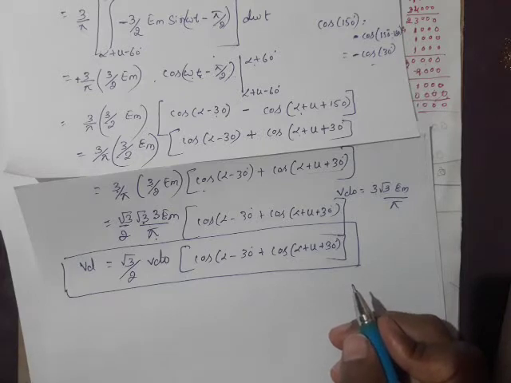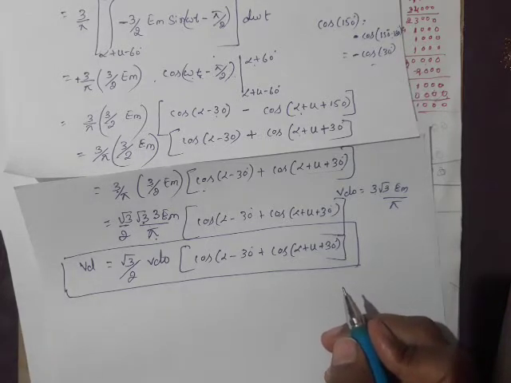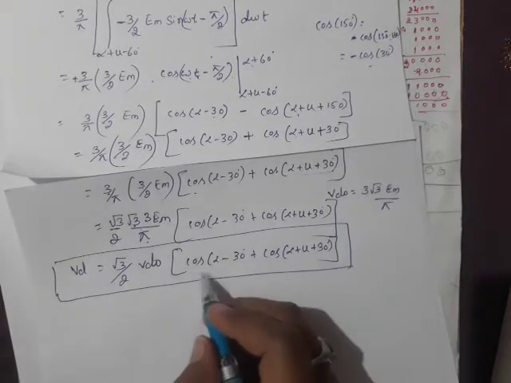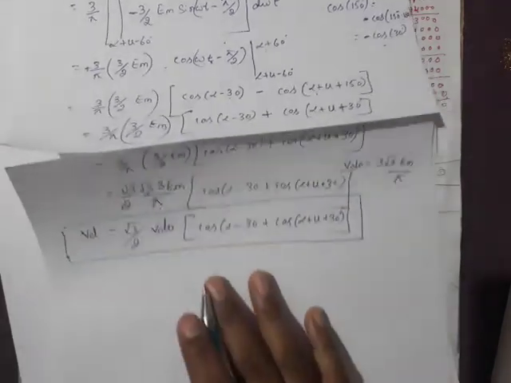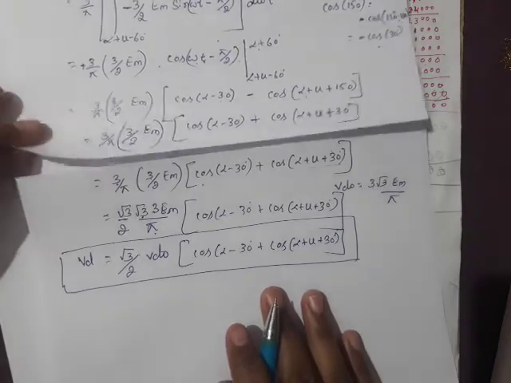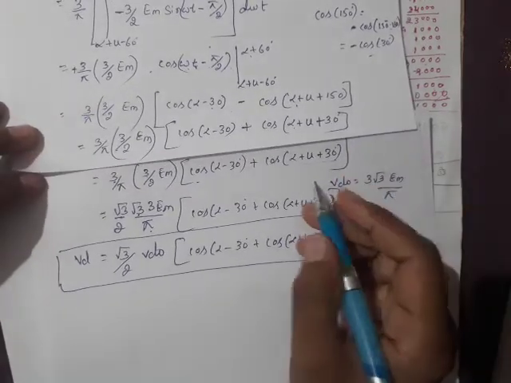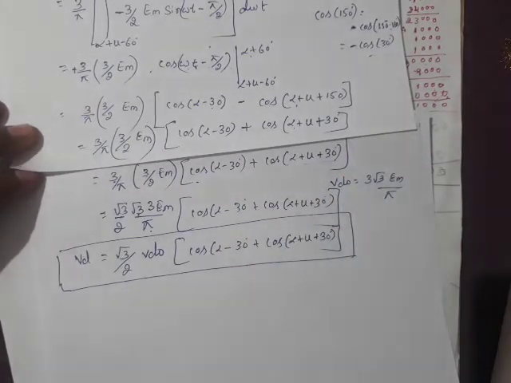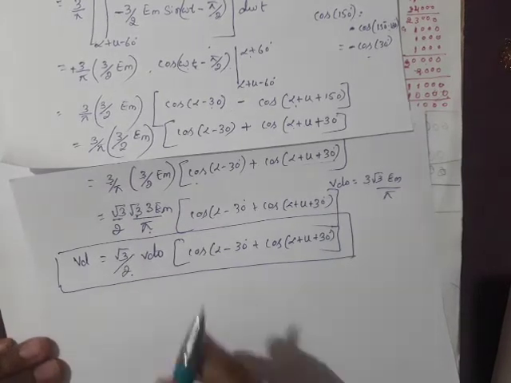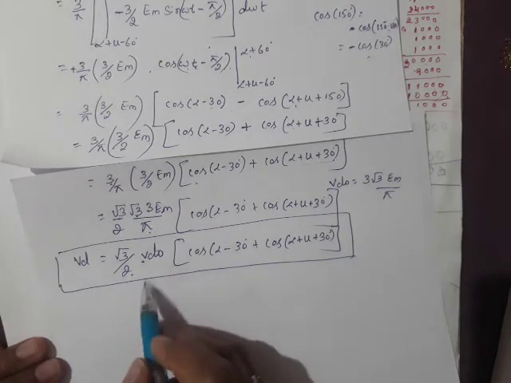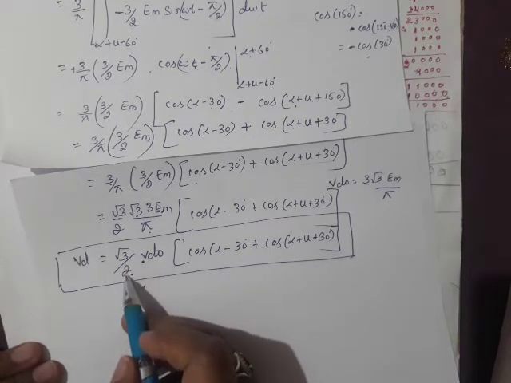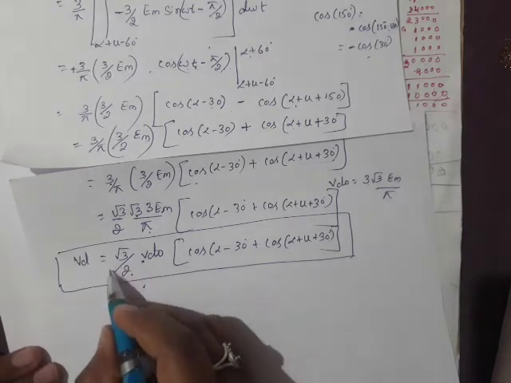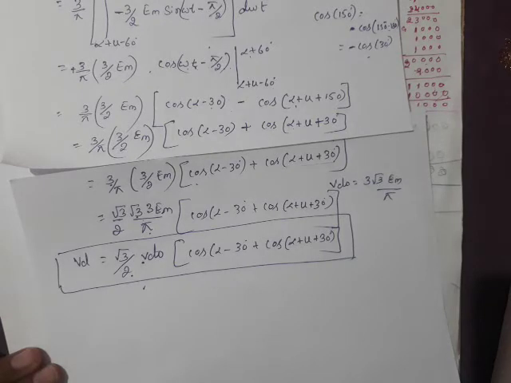For the second one, if you look at that, the equation is something like VDO by 2 cos alpha plus u, like that. But in case of this one, what you are getting is root 3 by 2. In the previous case it is VDO by 2 if u is less than 60 degree. Right now it is root 3 by 2. You can see there is a huge drop of voltage.